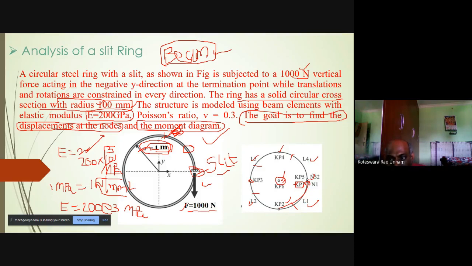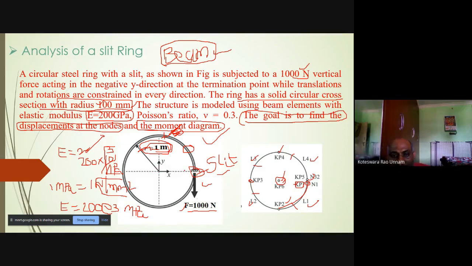So finally I need to create 1, 2, 3, 4, then 5, and at the center 6.